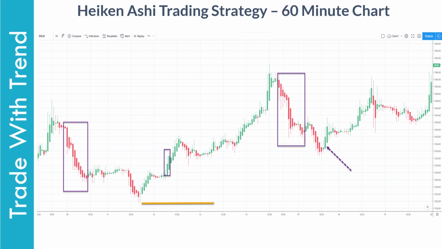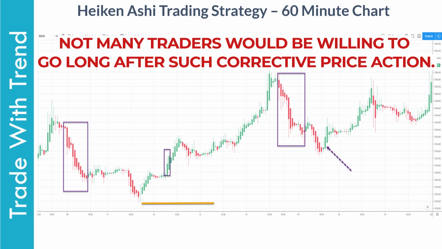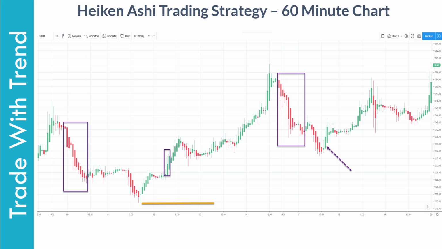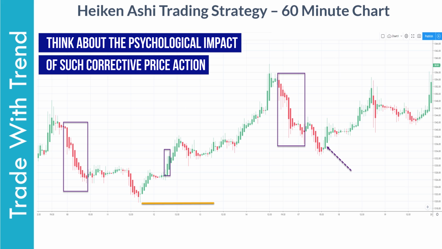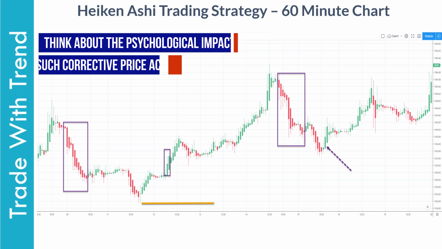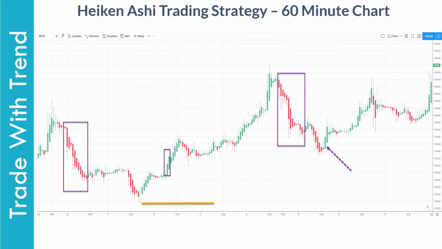entry opportunity. Do note that after seeing such negative price action on the chart, most of the traders would be willing to short sell in the market. Now this is where you will benefit, as consensus will not be thinking about going long in this region. When finally these traders realize that their trade was wrong, they will eventually cover their positions, and this in turn will push prices higher. I hope this is clear.